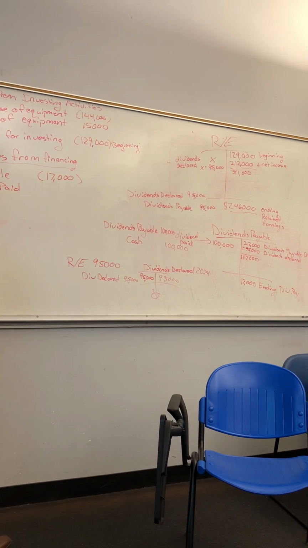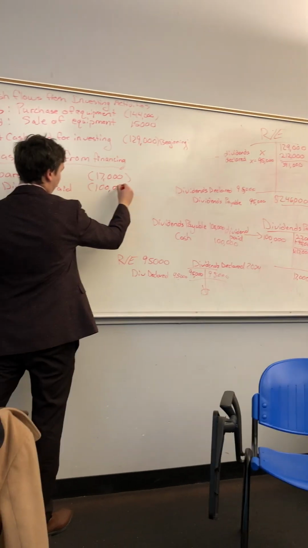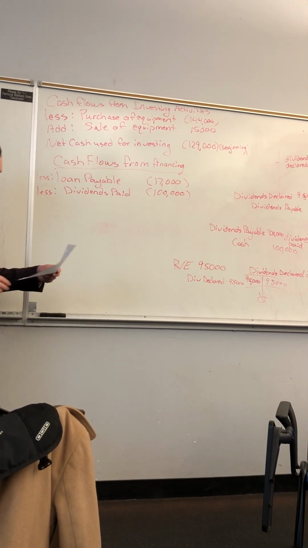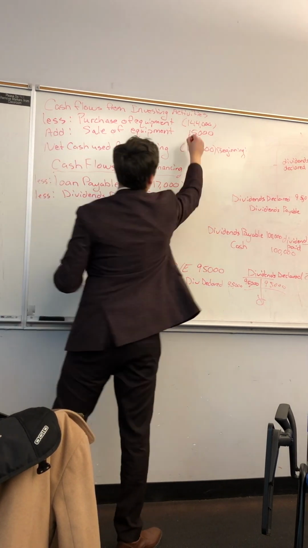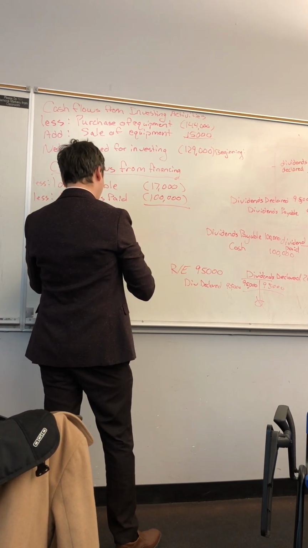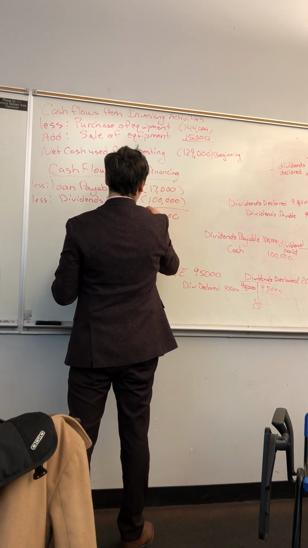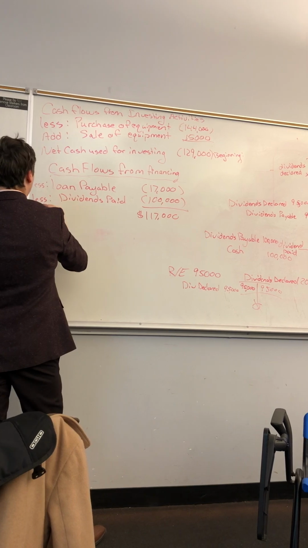So long story short, we paid $100,000 in cash for dividends. Let's add that up. 100, I don't need a calculator for that, 117,000. This would be net cash used